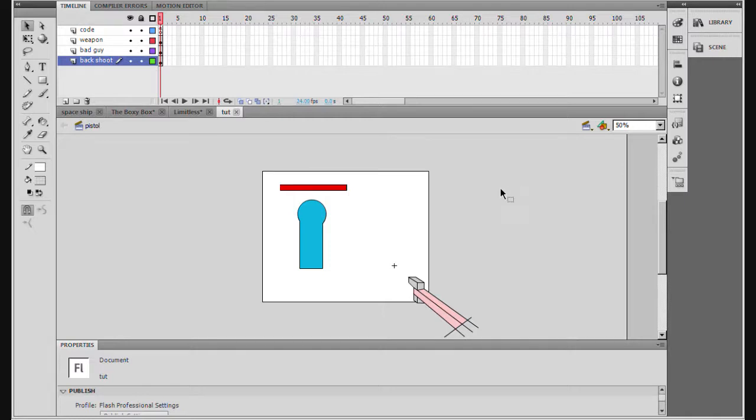Now in this section, or part, or whatever you want to call it, we're going to be making the ammo and the reload function of your gun, and possibly some other bits and pieces. Okay, so